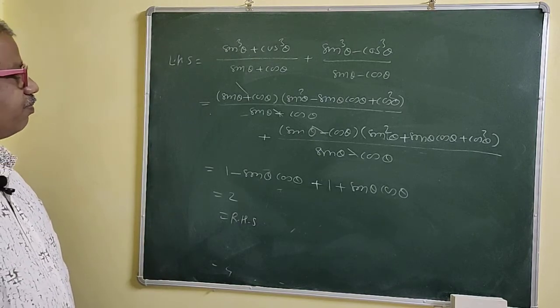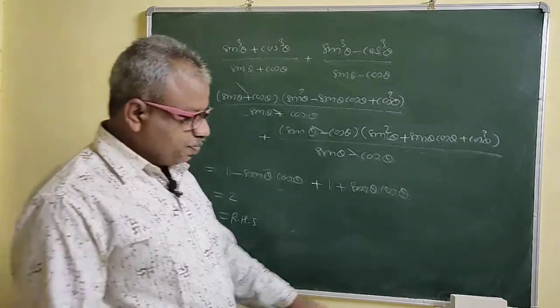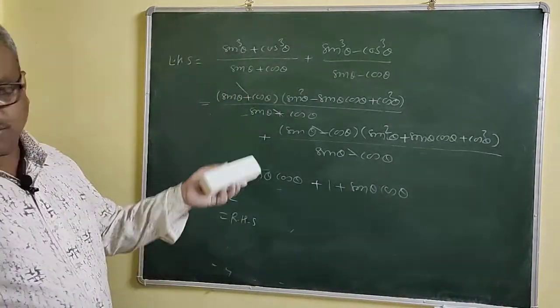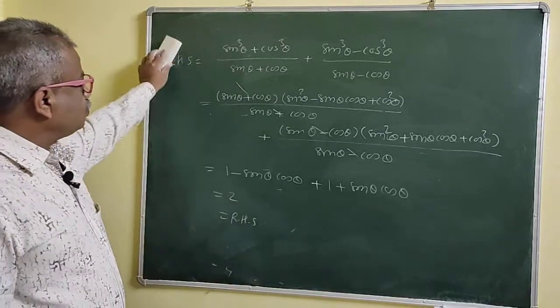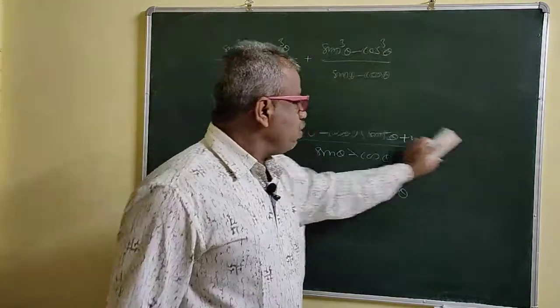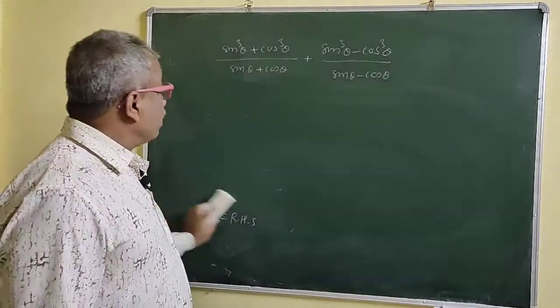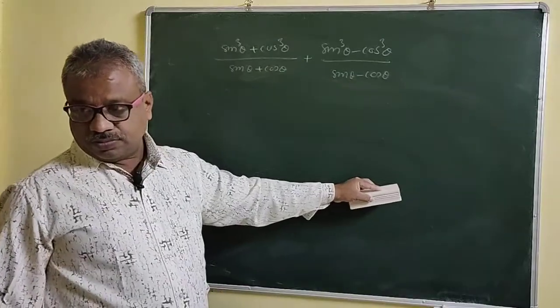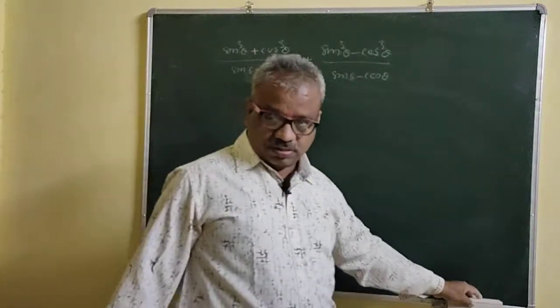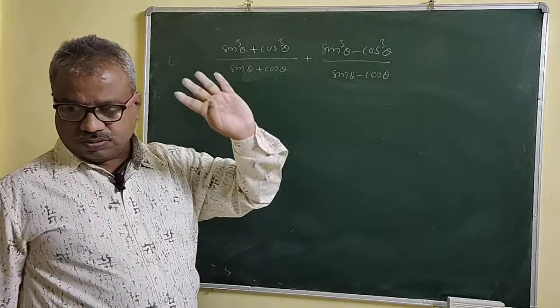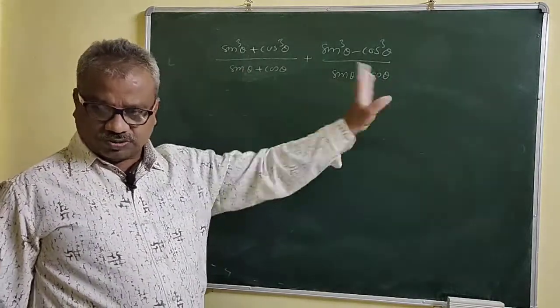Suppose this problem is something you have to face in a competitive exam. So what is the answer? It is 2 here. So in the options it is given 2 now. So what do we do? The problem is asked like this: the value of this expression is given, and options are given to you, somewhere 2, 0, 1, -1, whatever.